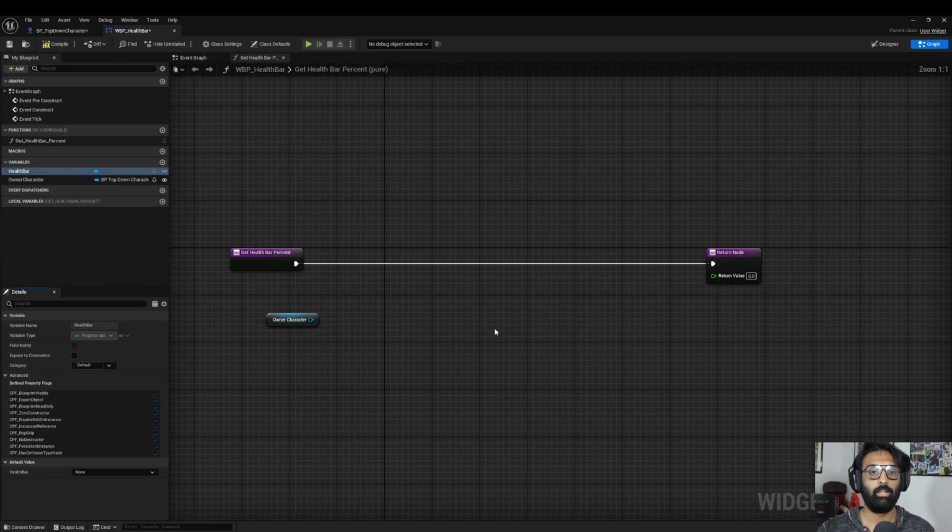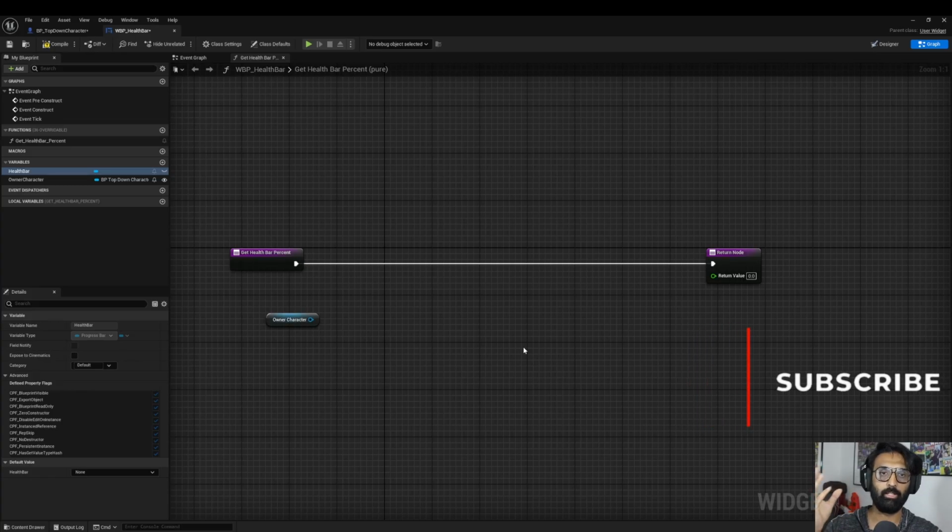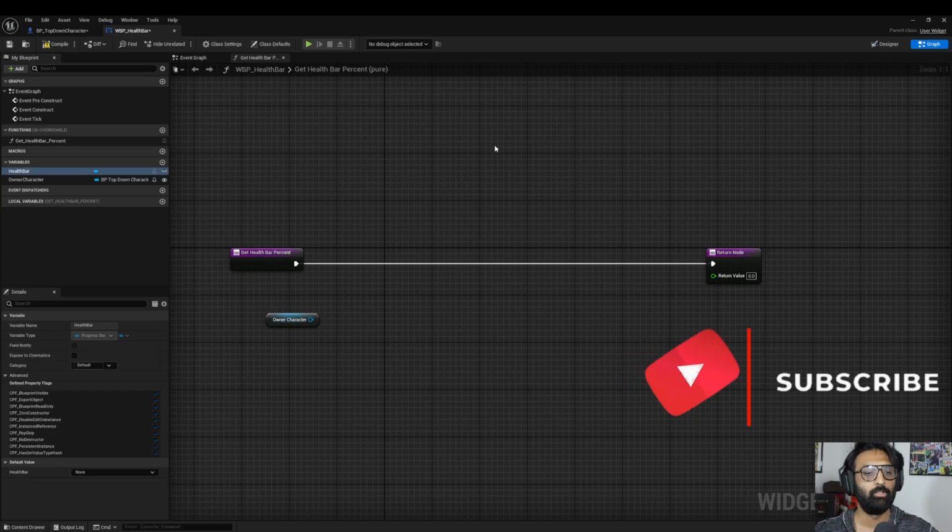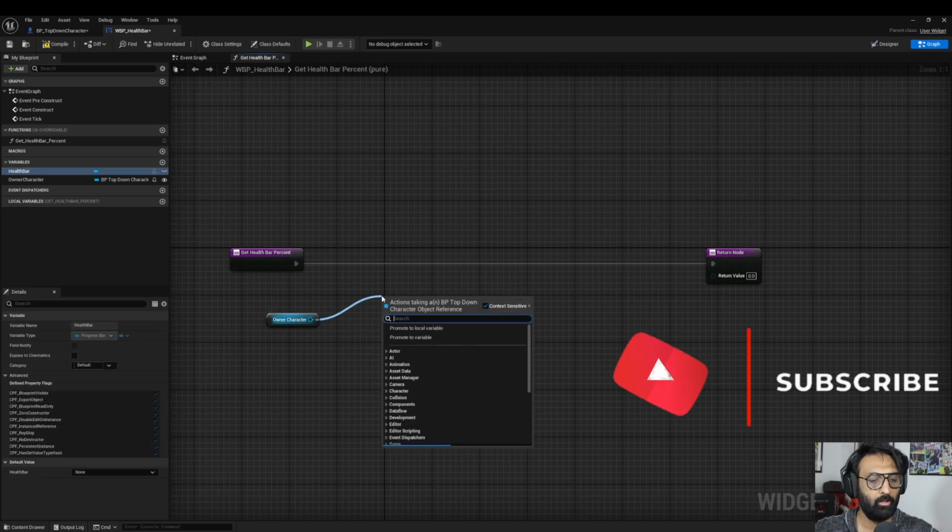So let's say our current health is 75 and our max health is 100. The result is going to be 0.75, which is also converted to 75%. So your health will go down by 25%. It's a very clean way to reduce your health inside of the widget blueprint. So we are going to bring in get